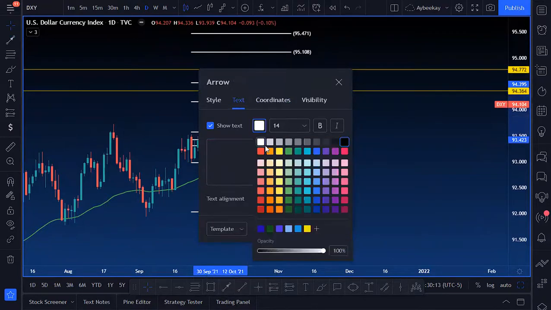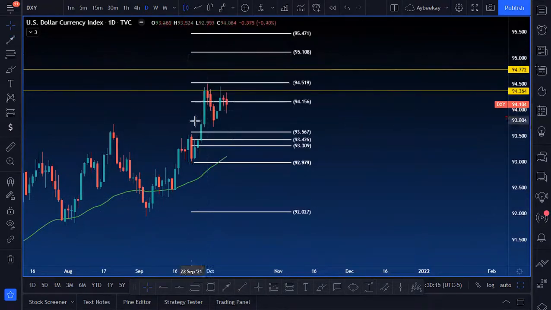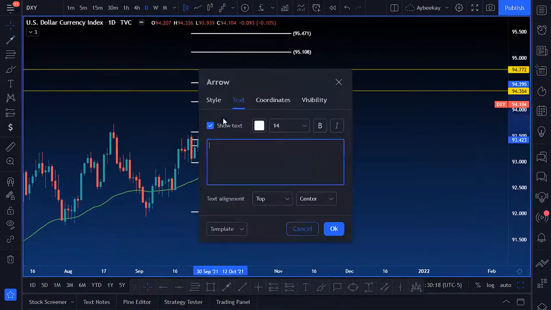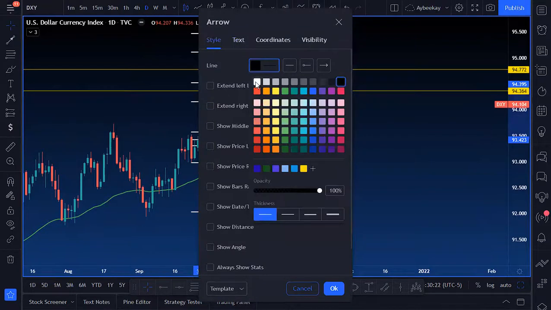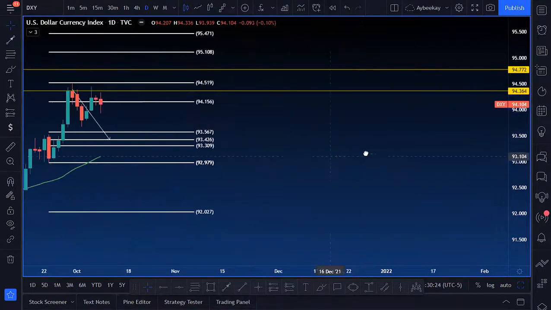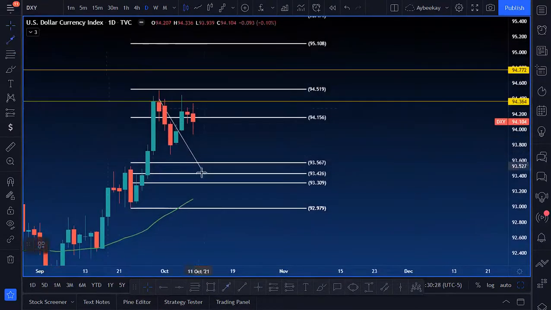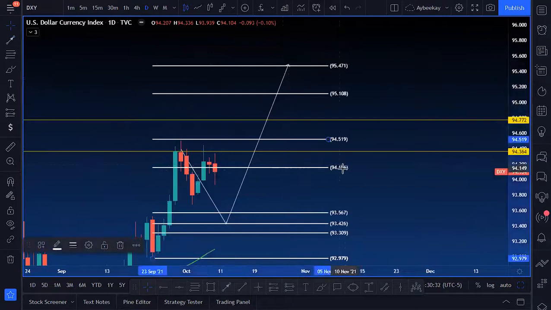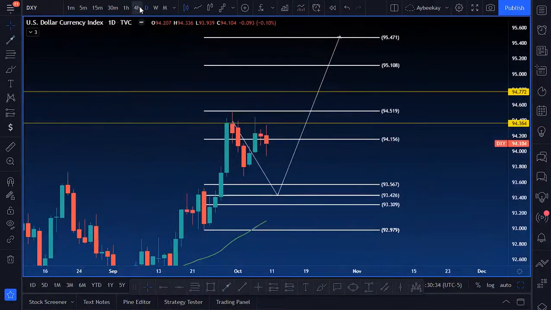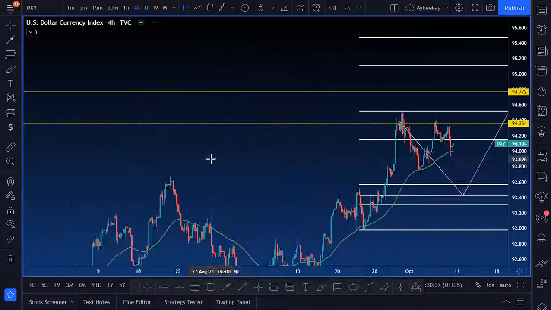Let me go ahead and make this white. That's the text. I meant to make that white. There you go. So push to the downside and then continue going bullish. But like I said, with how the market had moved last week with NFP, 4-hour time frame,